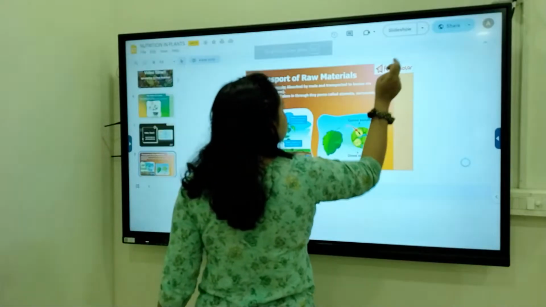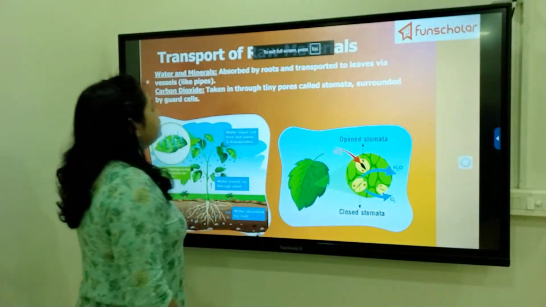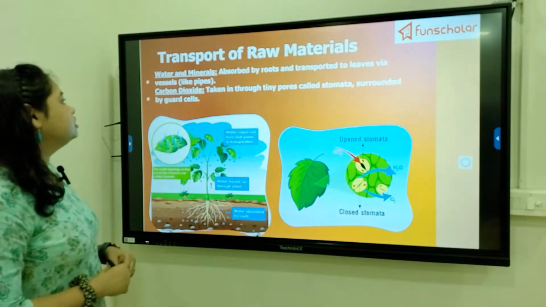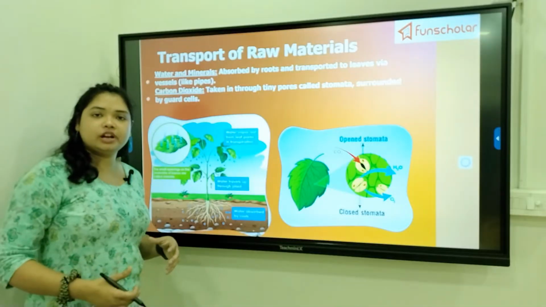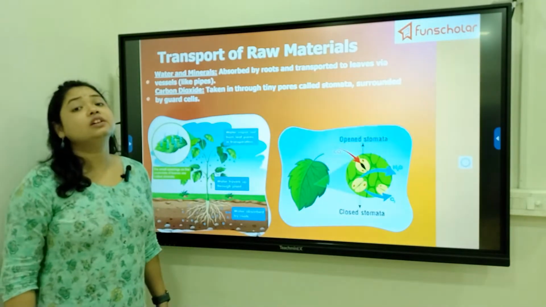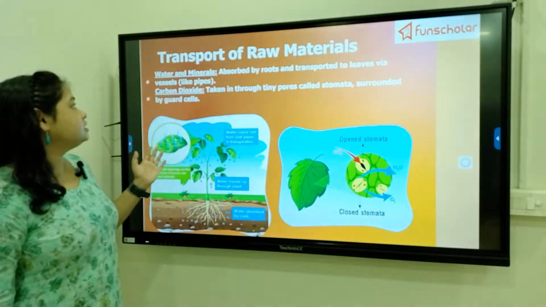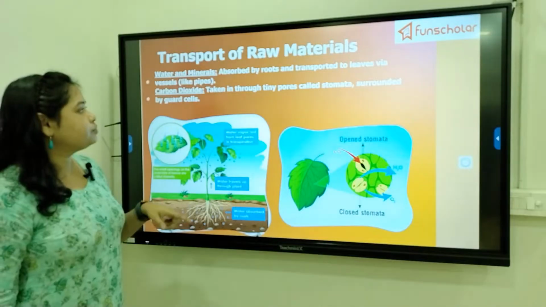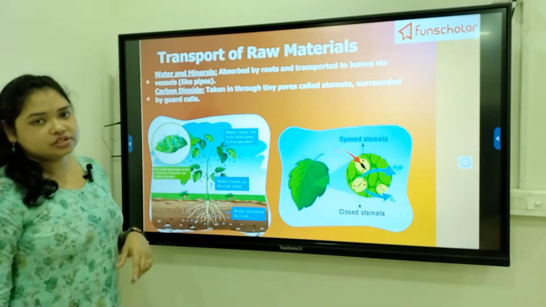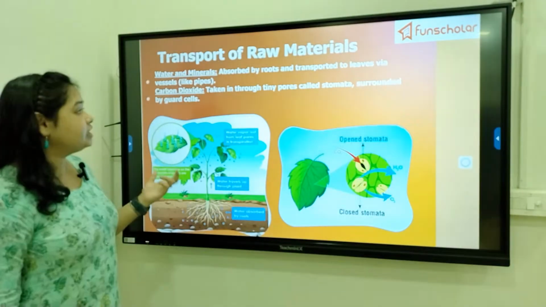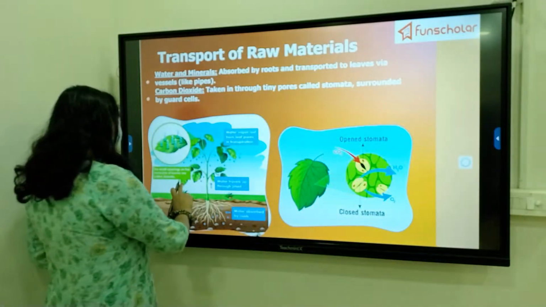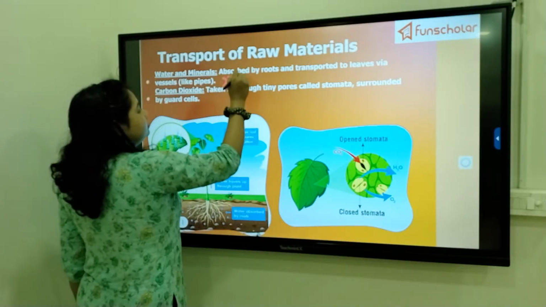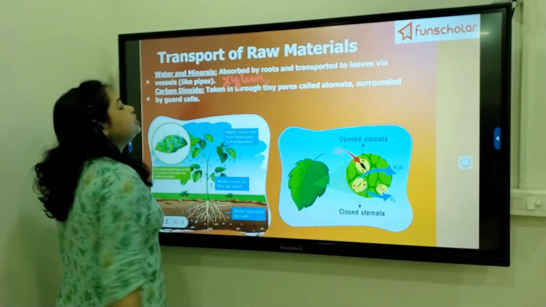So now let's have a look at the transport of raw materials. We have already seen how the different raw materials are transported to the kitchen of the plant, that is the leaf. So water and minerals are transported by the roots and they are transported via the stem to reach the leaves. There are vessels called the xylem, which carry the water and the minerals